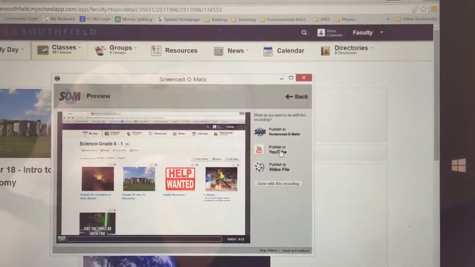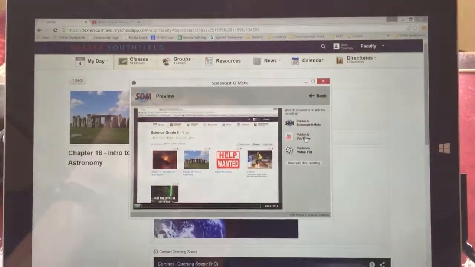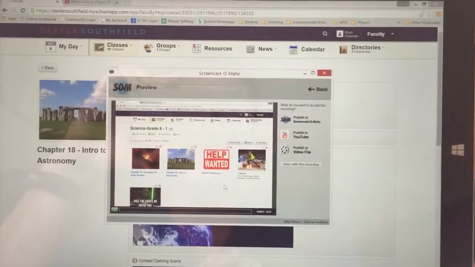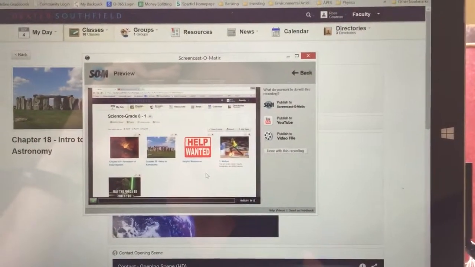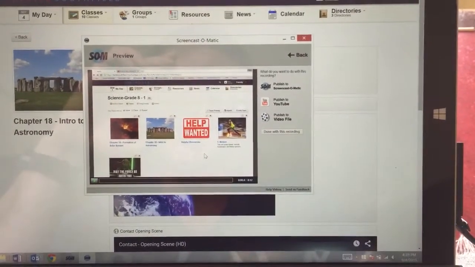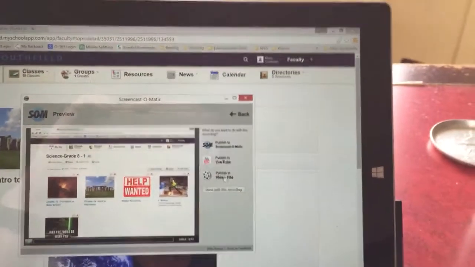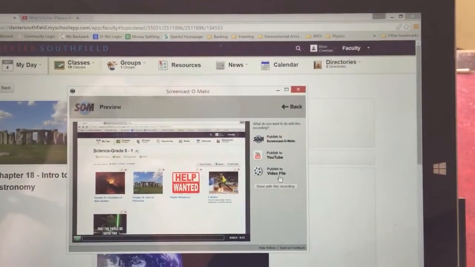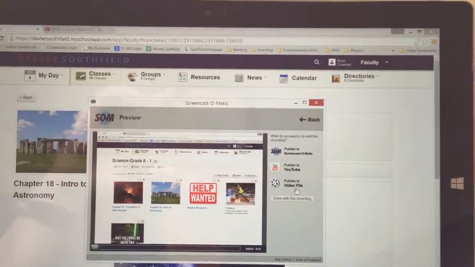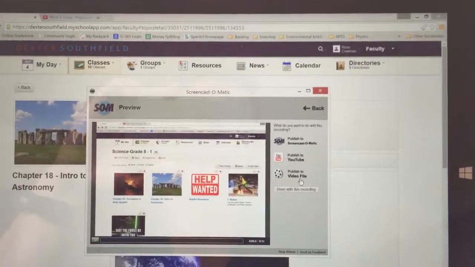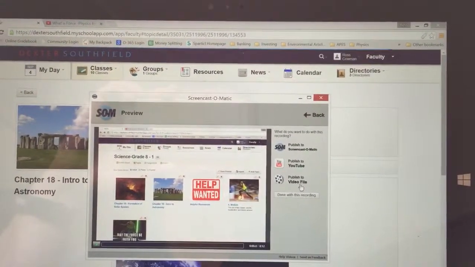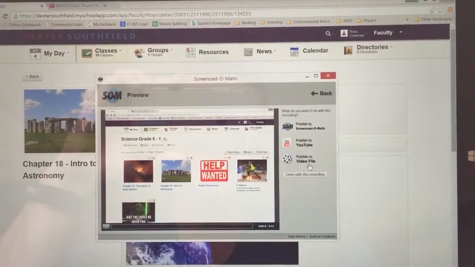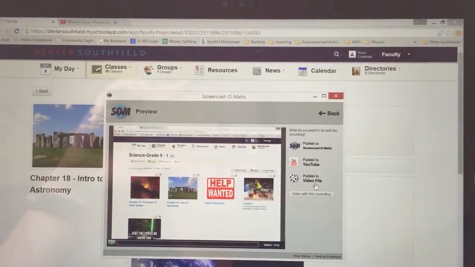Also, another big suggestion is when you're making these videos, have everything else closed, because if you're switching between windows and you've got your personal email up, or even if you just receive an email from Outlook, we always have these little blue symbols pop up that often tell who sent the email and what the subject is. And a lot of times it's the name of a student, or something that doesn't necessarily give anything away, but could be kind of confidential. So you want to close out of Outlook and everything else just to be sure that nothing pops up.